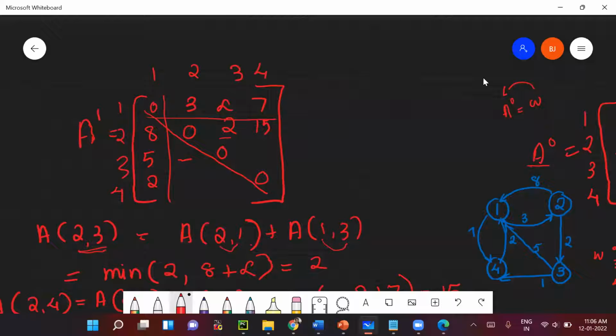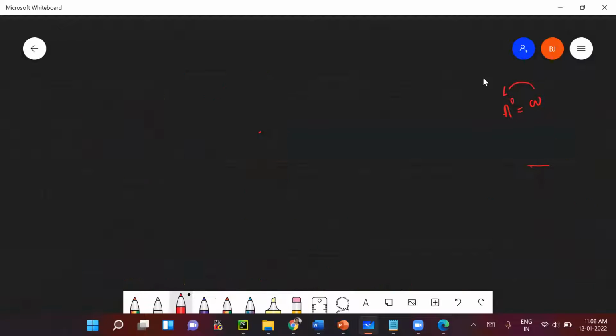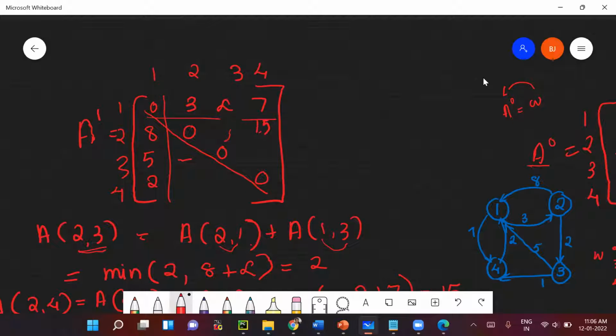So here, after copying, whatever cells are remaining, those cells we are going to fill using our definition, or the formula we had given for Floyd's algorithm. Is it clear? What are the cells which were left out? I just now calculated the value for A23 and all, right? A23 and A24. So initially it was empty, so we were calculating the values. I think this step, if it is clear, I can go forward.